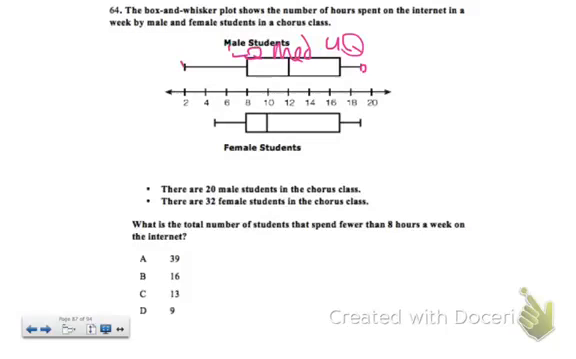The range, remember, you're going to take the highest minus the lowest point. The interquartile range, you're going to take the upper part of the box minus the lower part of the box. Okay, so for this